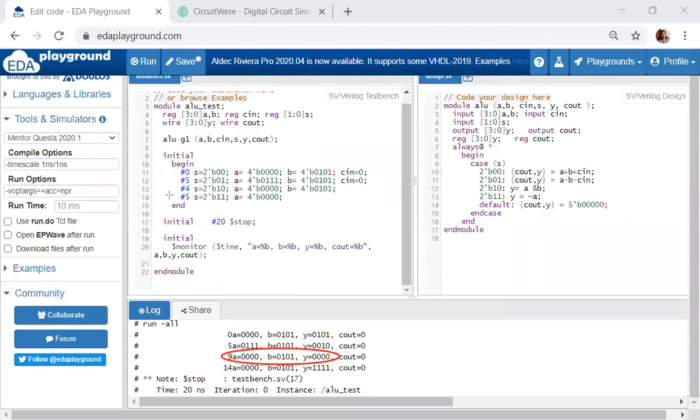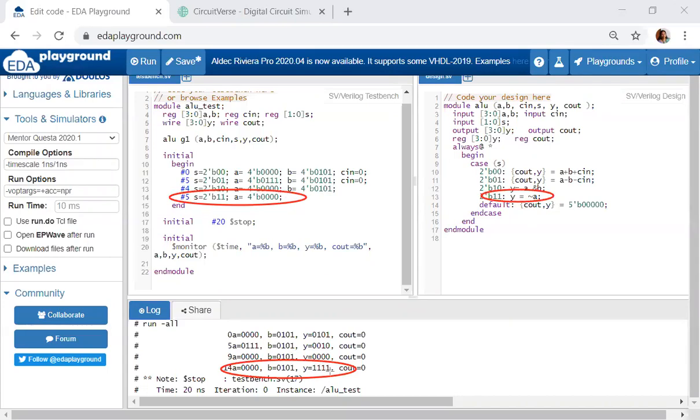And during the 5th time cycle, that is 5 plus 4 is 9. From 9, 9 plus 5 is 14. So at 14th time unit, what should it do? It should perform complement of A, because select line is 2'b11, A is 0 0 0 0. For 2'b11, what operation should it perform? Complement of A. Complement of 0 0 0 0 is 1 1 1 1.